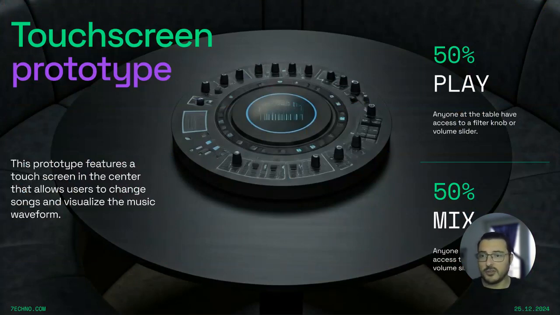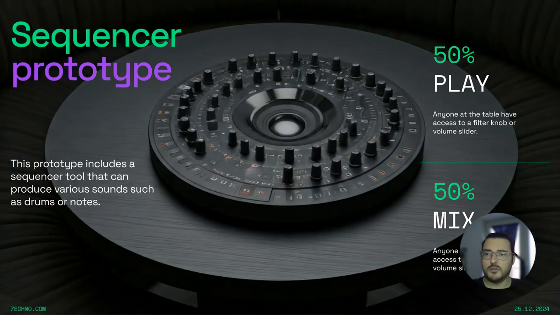For example, one of the features could be the touch screen. There could be a touch screen in the middle where anyone can literally with one hand change the songs, play and stop, and basically interact, anyone from the table. That's the beauty. The other one could be, for example, a sequencer. There is no specific track, but this is more for people with more experience in this kind of environment, this kind of technology. You can play particular sounds, notes, or different kinds of sound using the step sequencer, very popular in electronic music.